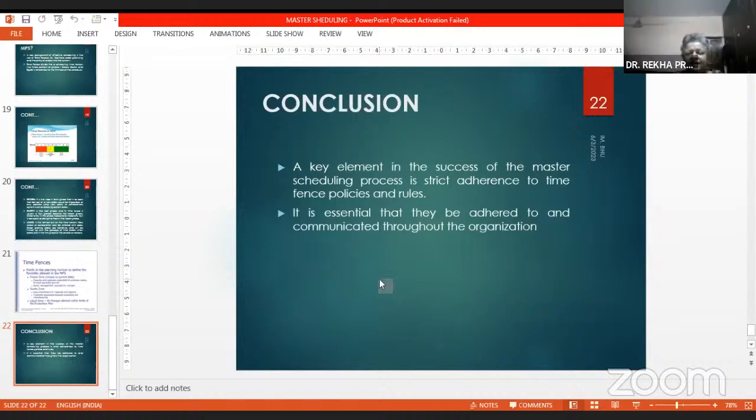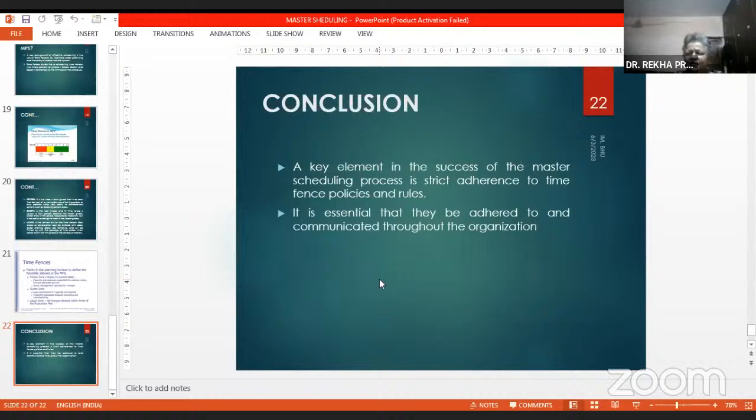And you can see it has to be divided into these three time fences, so that in the first fence, when you are in the liquid stage, it is moving, and if any change has to be made to it, it is quite easy to do. In the slushy stage, it becomes a bit difficult, but with the approval of senior management, it can be done.